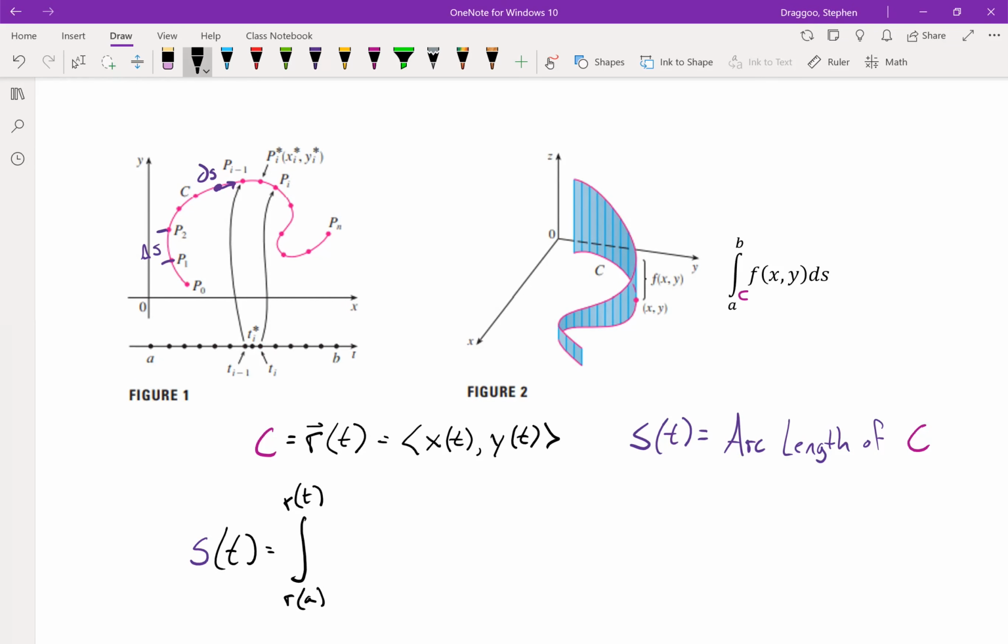So a and t are both going to be t values, a just our starting t value, and t being our ending value. And really, we're going to ultimately end up expressing this as an integral over t. So let's just call that from a to t rather than from r of a to r of t. But we've seen this arc length equation before. It's just the magnitude of r prime